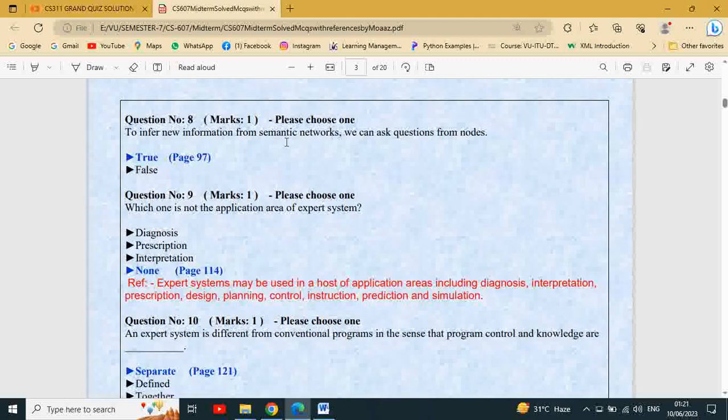To infer new information from semantic network, we can ask question from node to